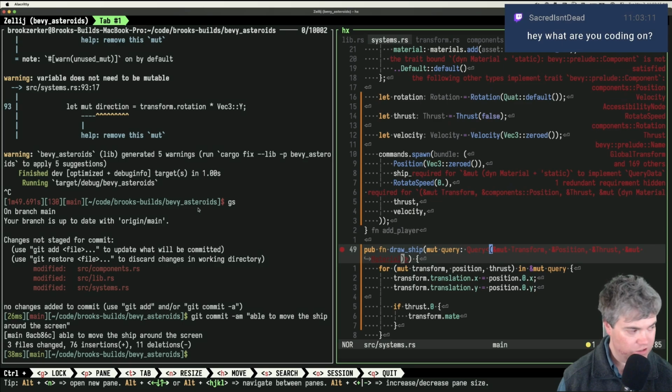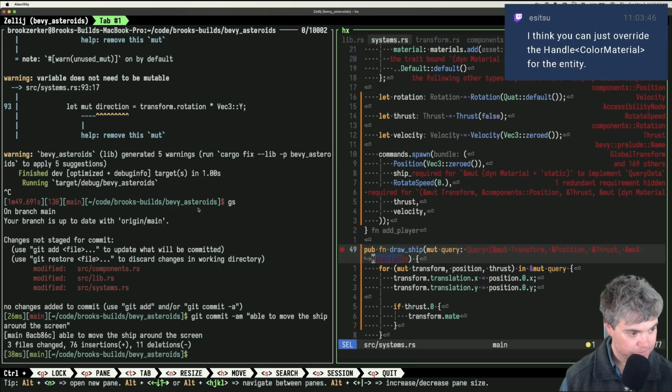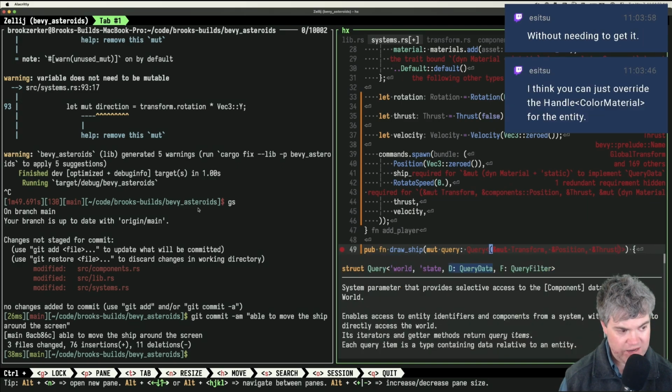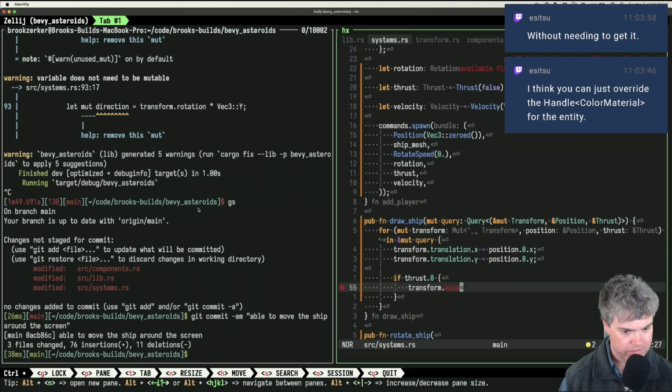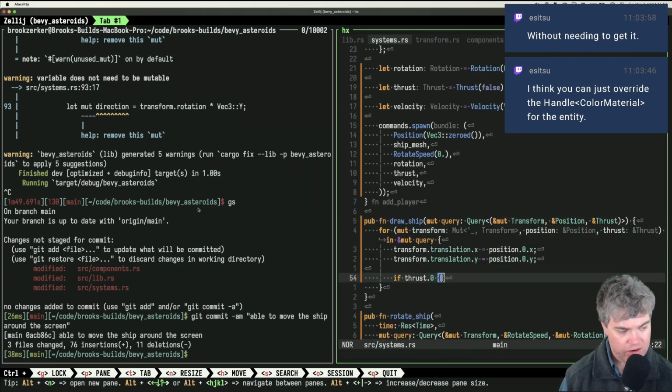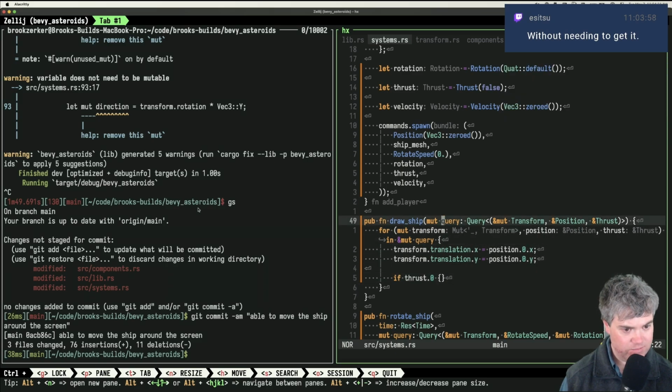No. Material is not something I could throw into here, too. I think you can just override the handle color material for the entity. Without needing to get it? How would I get the handle? Is handle something I can query for? I'm confused about where I would get that.